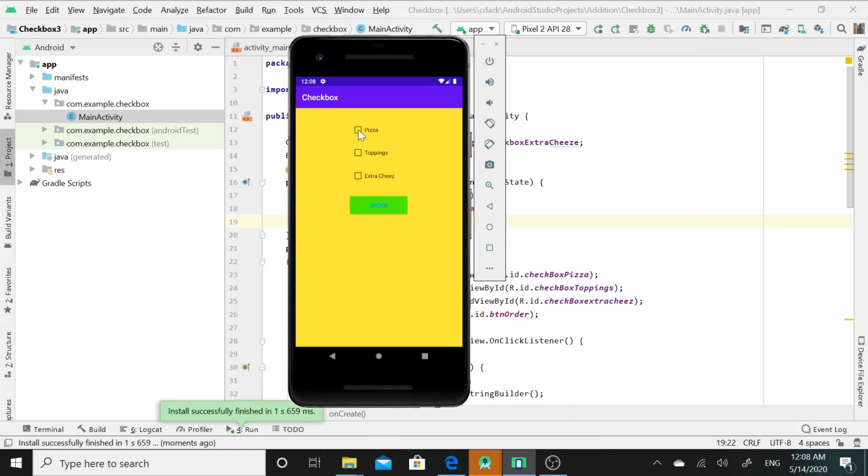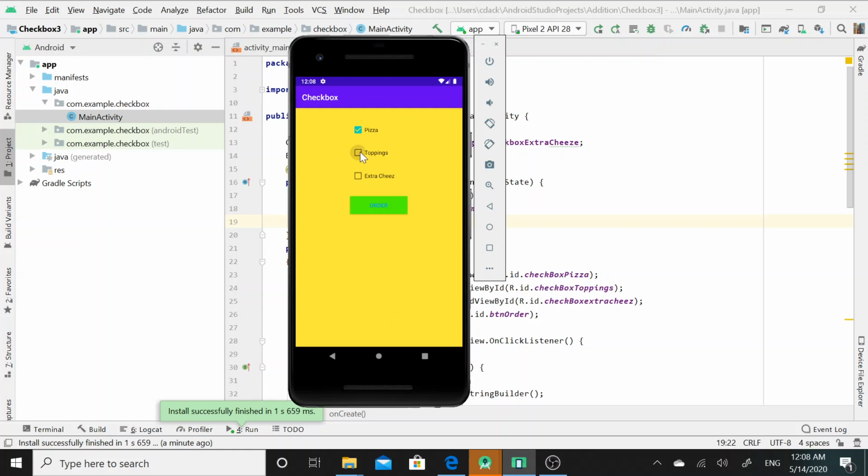If the user has selected only the pizza option and places the order, here you will get the notification that the user order is pizza. Pizza would cost 100 rupees for the user, and with pizza as the only selection, the user needs to pay a total amount of 100 rupees.